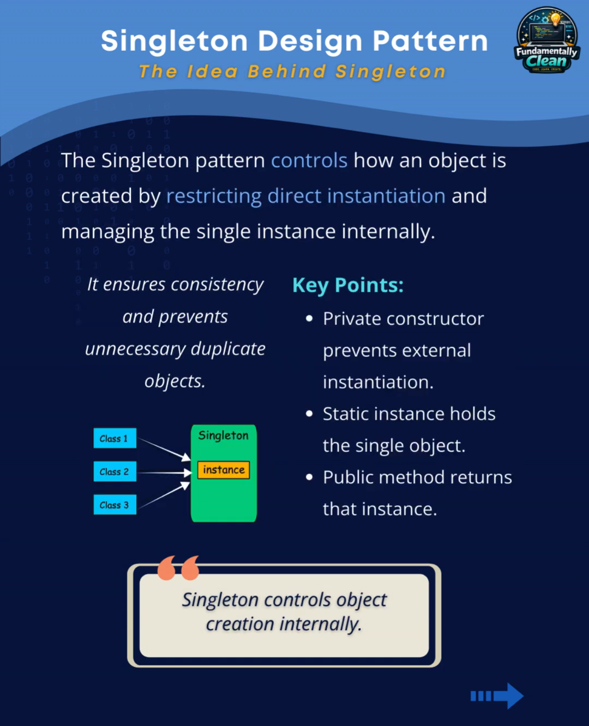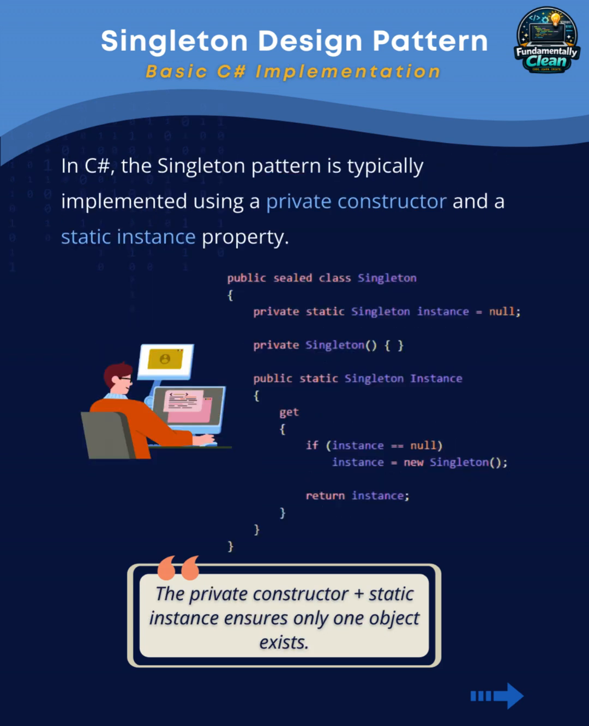Here's the core idea. Singleton controls how an object is created by restricting direct instantiation and managing that single instance internally. 3 things make this work: a private constructor, a static instance, and a public method to access it. In C#, the basic implementation looks like this: a sealed class with a private static instance, a private constructor so nobody can call new from outside, and a public static property that creates the instance only if it doesn't already